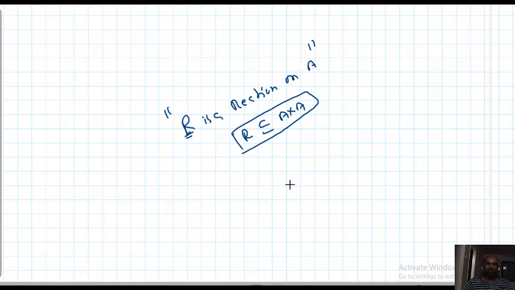So actually, what I told is that a relation means a subset of the Cartesian product. A and B are given, A cross B you can find. From this you can take some set of ordered pairs, say R1. R1 is a relation from A to B. A to B, these two are different. If both are the same, there is no need to say R is a relation from A to A. Simply you can say R is a relation on A. So the sentence R is a relation on A means that R is a subset of A cross A.